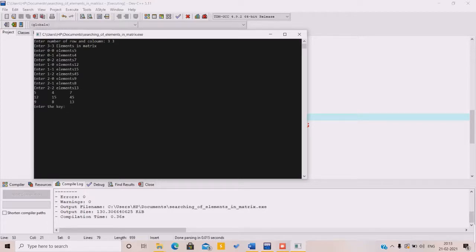I'm going to find 15. So this is position 1, because this is the first row and first column, and 15 is present at the first row and first column, and the key is present at 1, that is, the first row and first column.